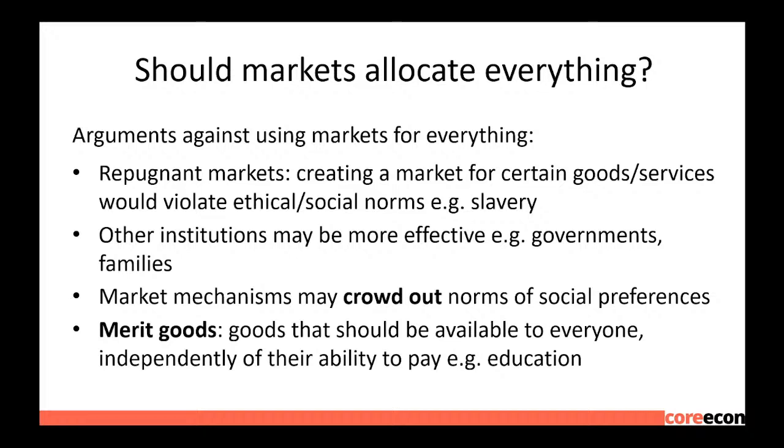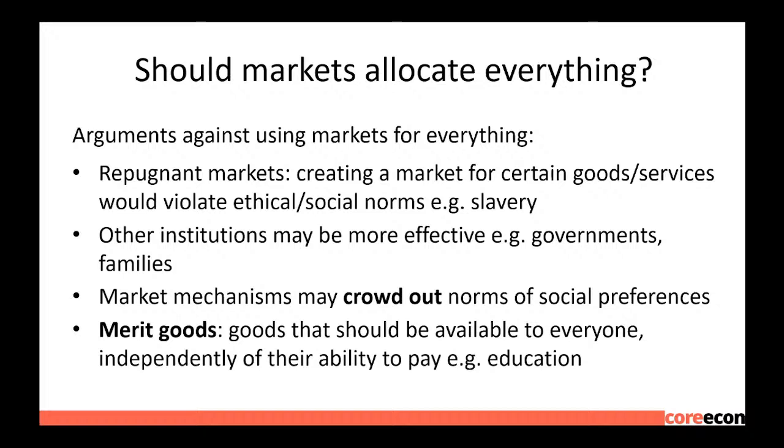Importantly, from a behavioral point of view, markets in certain circumstances have been shown to crowd out norms of social preferences. So we have seen how important social preferences are for decision making, but for instance, if you look at blood donation, many of us volunteer to donate blood and other resources or services or time or money. Many of these, we do it on ethical grounds, not so much for economic reasoning. So there's some experimental evidence that suggests that it may actually backfire to add to this process a financial reward, right? So for people that show up to donate blood, if you give them money, and especially if this